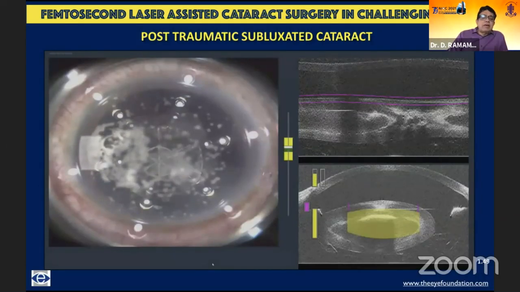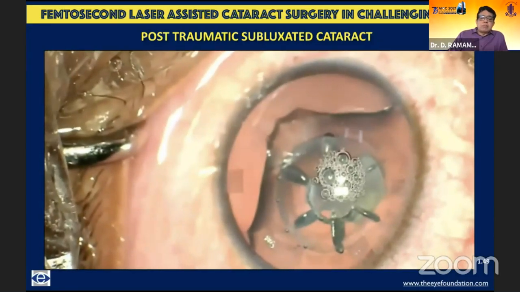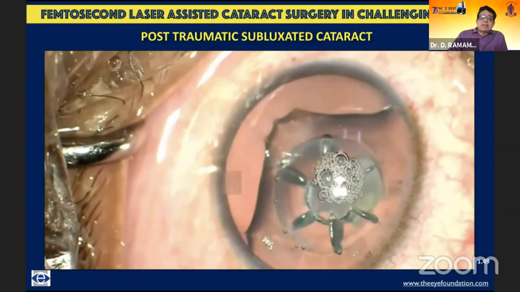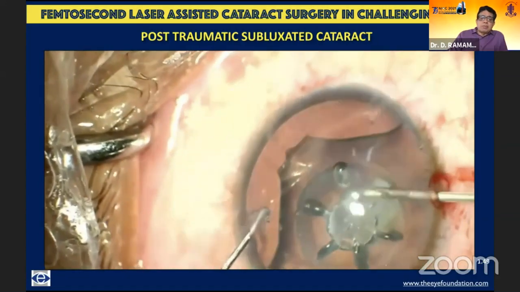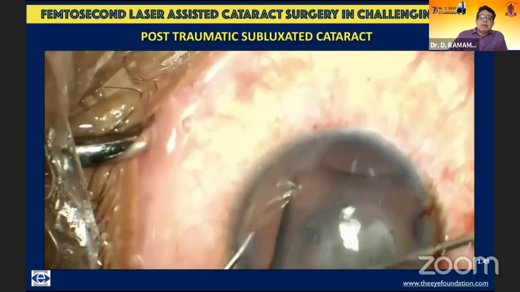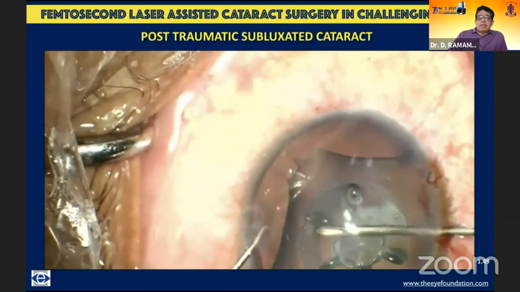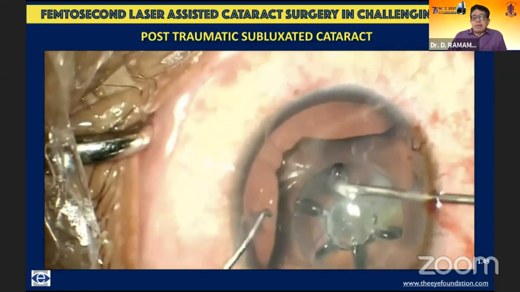Nowadays, I've actually given up making my incisions with the laser because I find that the limbal incision that I create precisely using a diamond knife or a stainless steel knife works much better. This is what you see under the operating microscope. Because I do not want any kind of traction on the lens capsule, I gather up the rexis in the center, going through a side port incision instead of picking it up with a down-up technique.